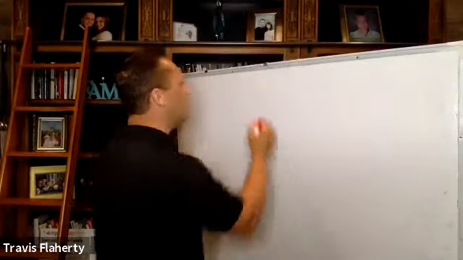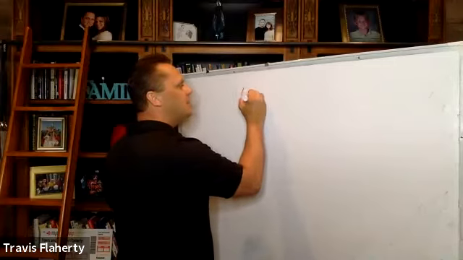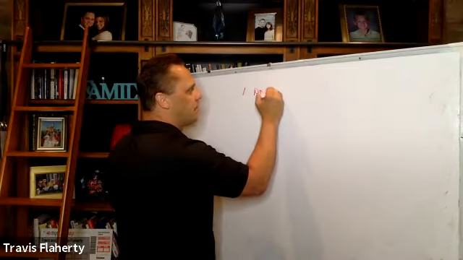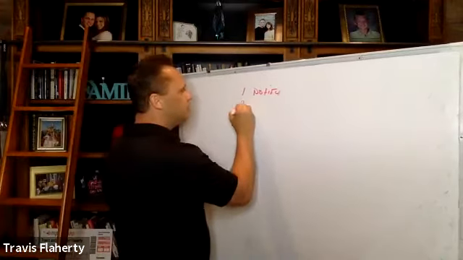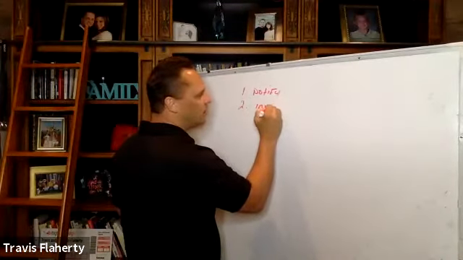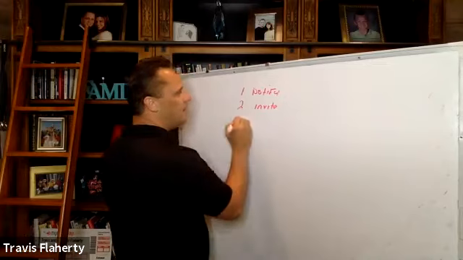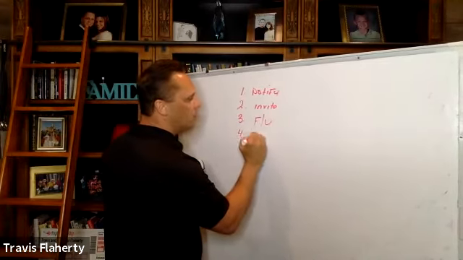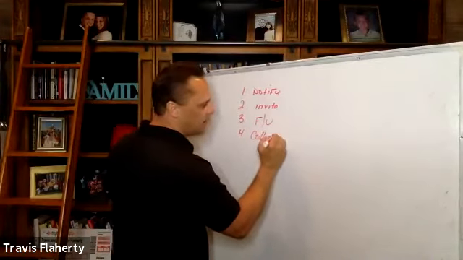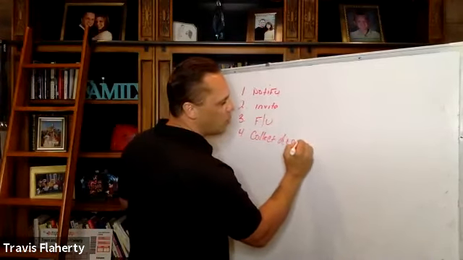So if I had to break down a job description, and say, okay, what is it exactly that we do? This is what the job description would look like. Okay, first of all, number one, we simply notify people of what we're up to. Number two, we invite them to take a closer look. Number three, we follow up. And number four, we collect decisions. This is what we do over and over and over again.